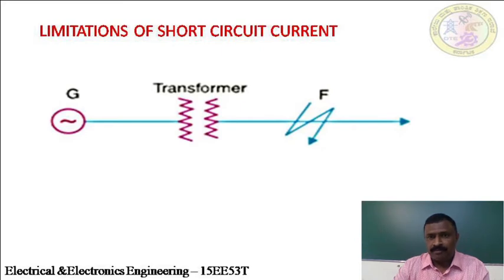When you have a fault, now the denominator Z total will never come into the picture. Therefore, up to the fault point F, whatever the impedance is, it will control the amount of fault current. Therefore, the fault current I_SC, or the short circuit current I_SC, can now be given as V by Z up to the fault point F. Since the denominator parameter is less, you can expect a very high current to flow in the transmission line or at the fault point.